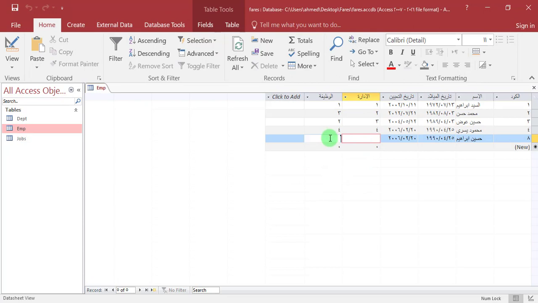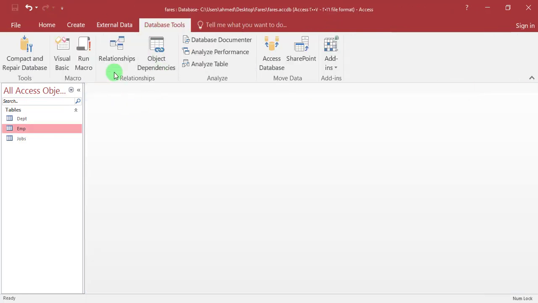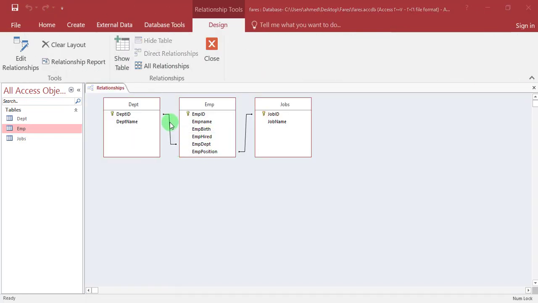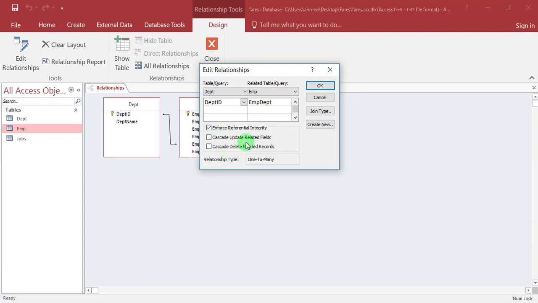But if we want to force the user to enter the ID of department or job, we should check Enforce in the relationships, and Cascade to affect the related fields on update or delete.